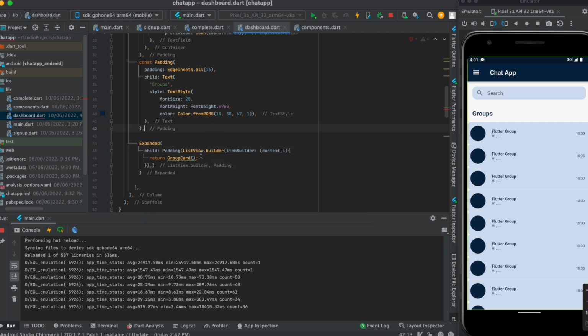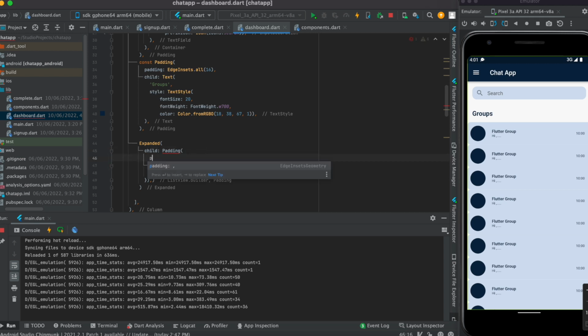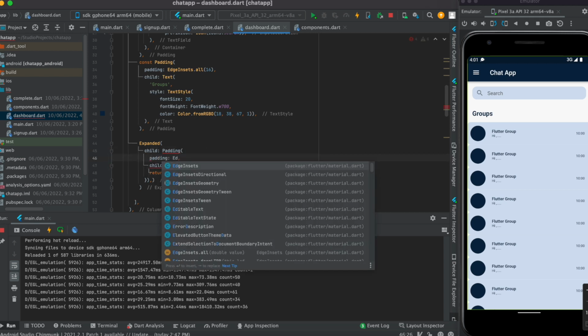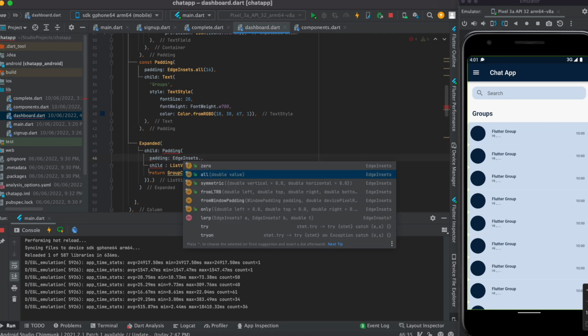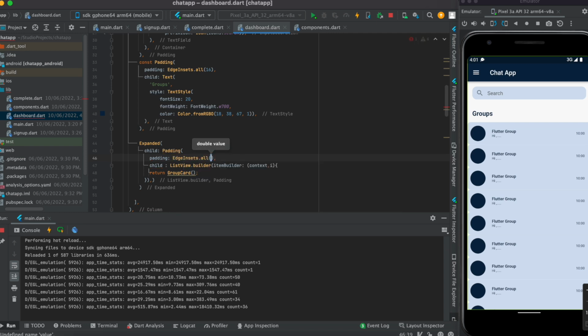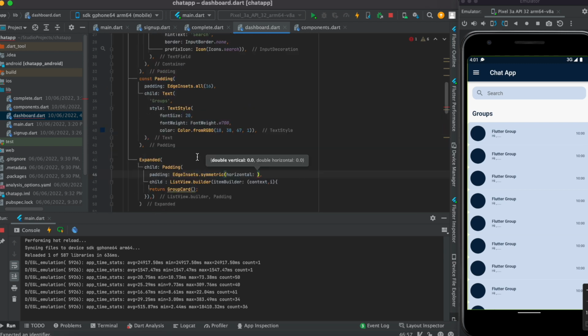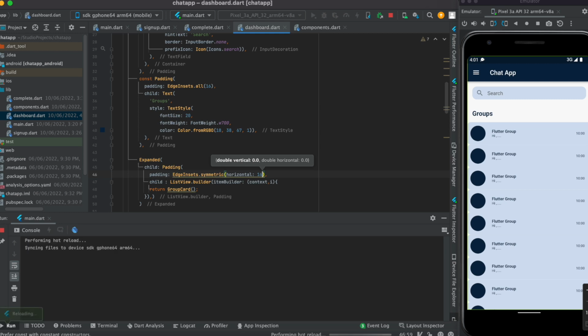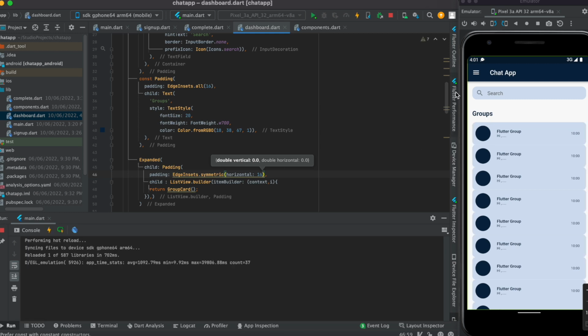like this way, and here write child like this way, and just write here padding EdgeInsets dot all. No, I don't think all, there should be symmetric, and we need to add the padding in the horizontal way like this way, and here 16 pixels. Try to save it. Now you can see it is aligned properly,